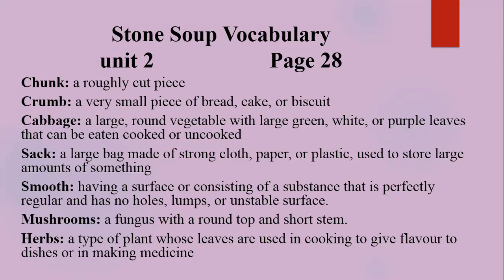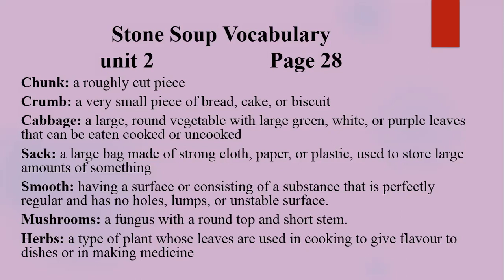Then sack, a large bag made of strong cloth, paper, or plastic. Then smooth, having a surface or consisting of substance that is perfectly regular, with no holes or lumps,